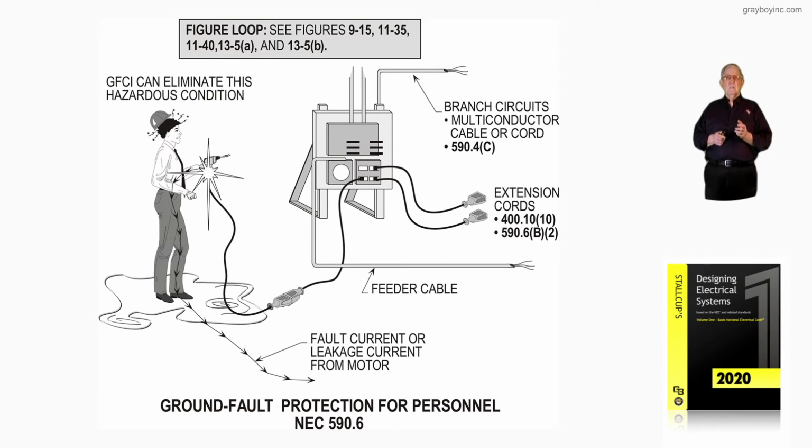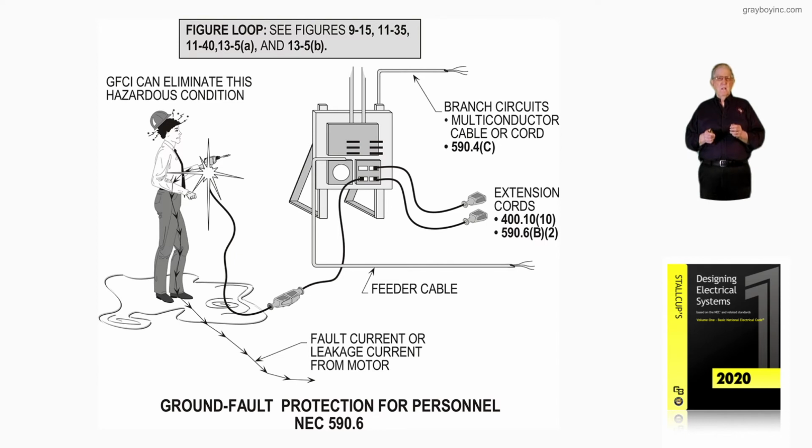And notice that in the called out information, we might even have say a cable, flexible cord or whatever, that would go out to branch circuits in accordance with 590.4C as in car that you see in the illustration for a multiple conductor cable or cord. And then notice extension cords used in accordance with 400.10, item 10, protected with GFCI protection in accordance with